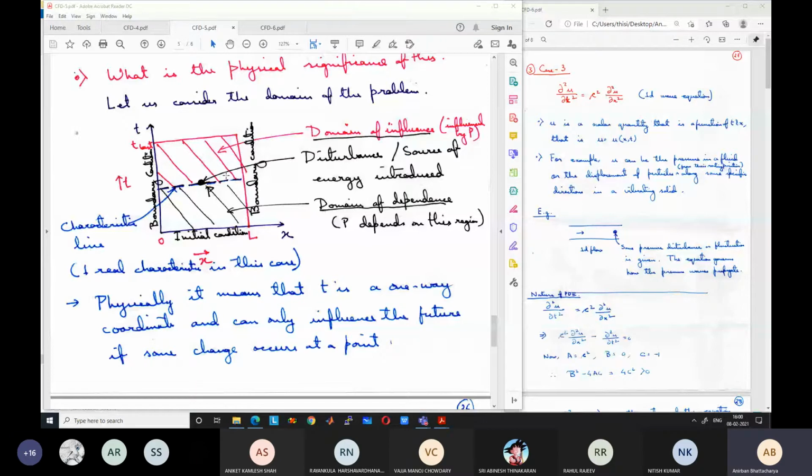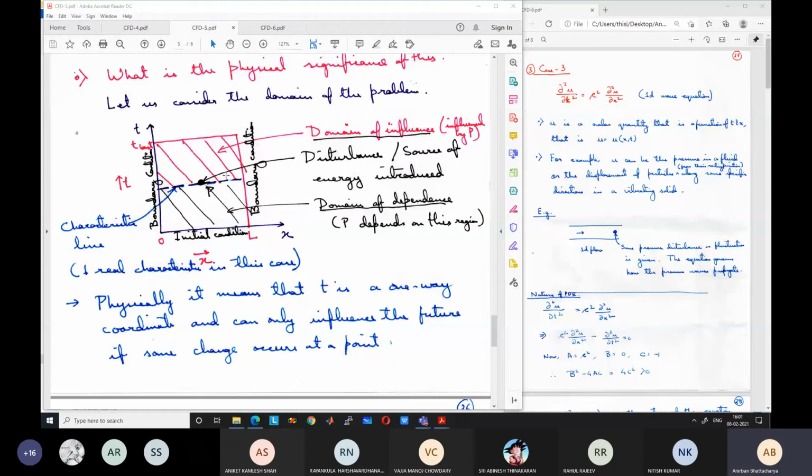So if I talk here, the person who is standing 100 meters away from me will hear my voice after the sound has traveled at the speed of sound, which means after the pressure wave from my mouth has traveled 100 meters at the speed of sound. So it will take about 1/3 of a second to reach there. Similarly, speed of sound in water is somewhat different. It is actually higher compared to speed of sound in air. I don't remember the exact value. It is around 1.5 kilometers per second or something like that.